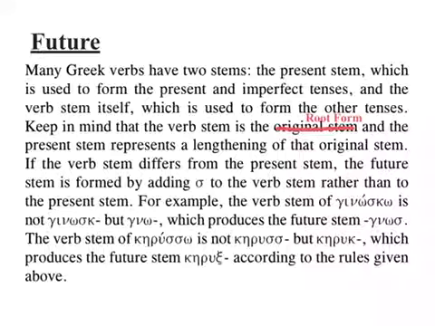Where does the iota go? With the iota, the present stem is lengthened. So they just add the iota there. So this iota right here is added in. So for the future stem, that's like two consonants together. Which one? Like it's a gnos. You just say them as one.